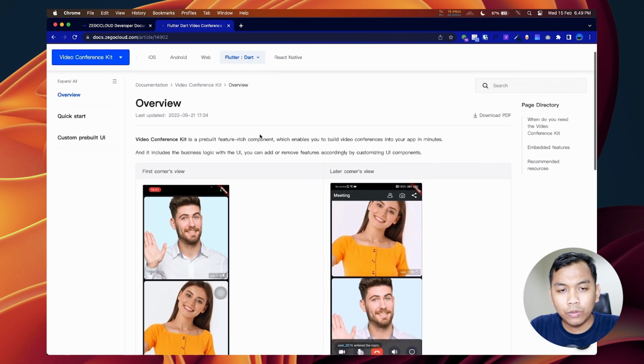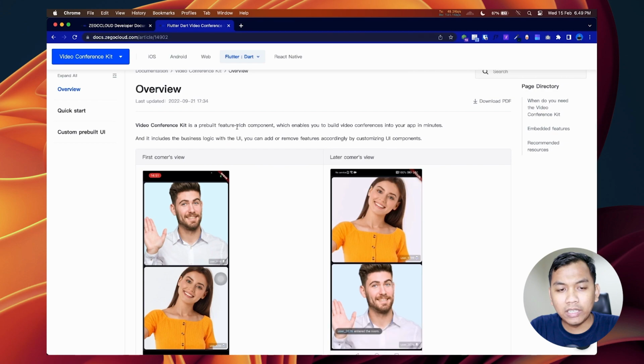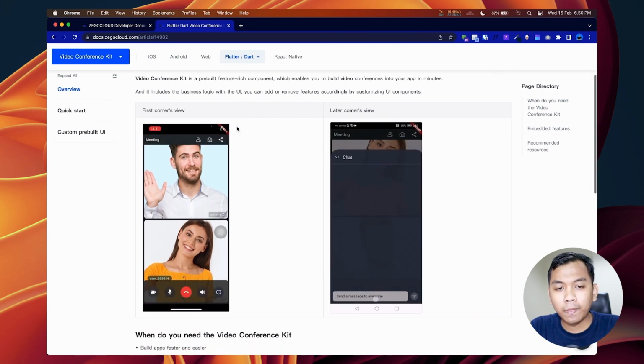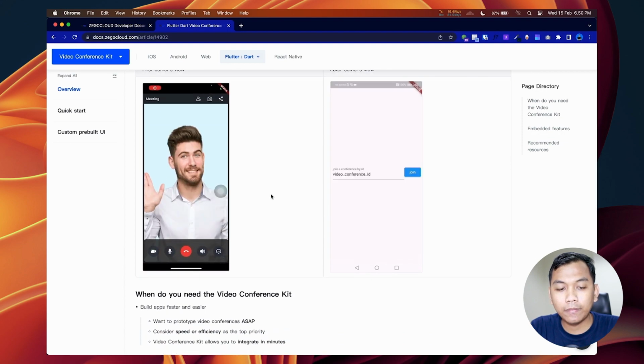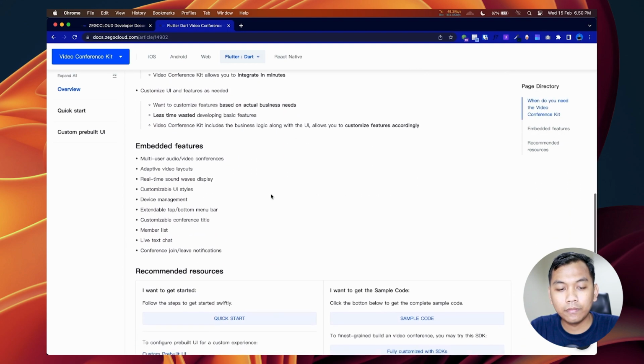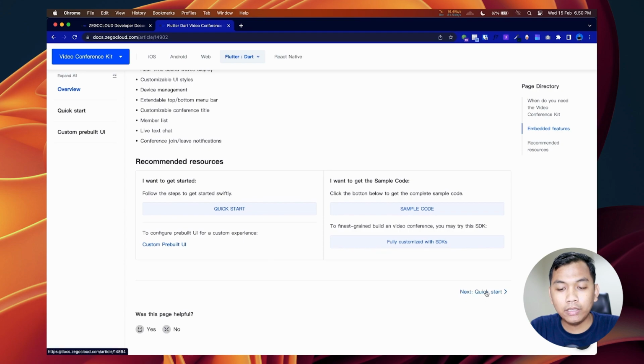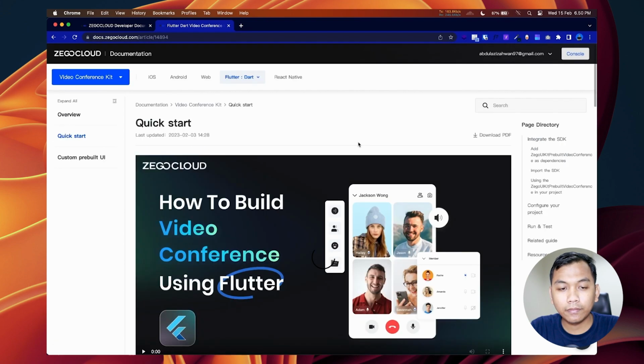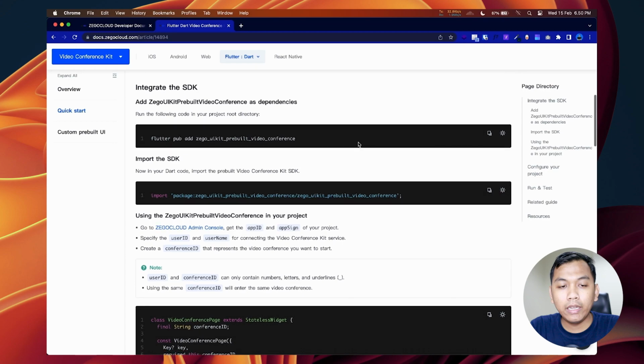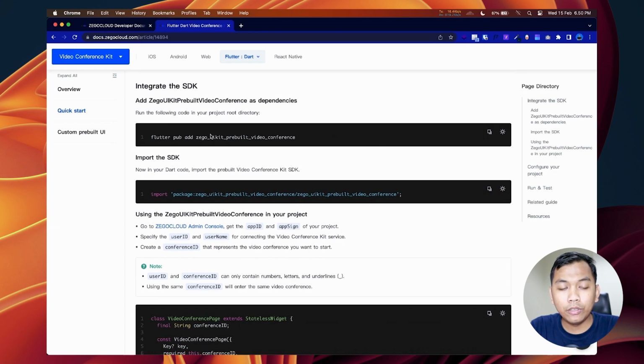So let's go to the documentation again, and we will create something like this. Just press this Quick Start. And the next step, we need to integrate the SDK. It's called Zego UIKit Prebuilt Video Conference.